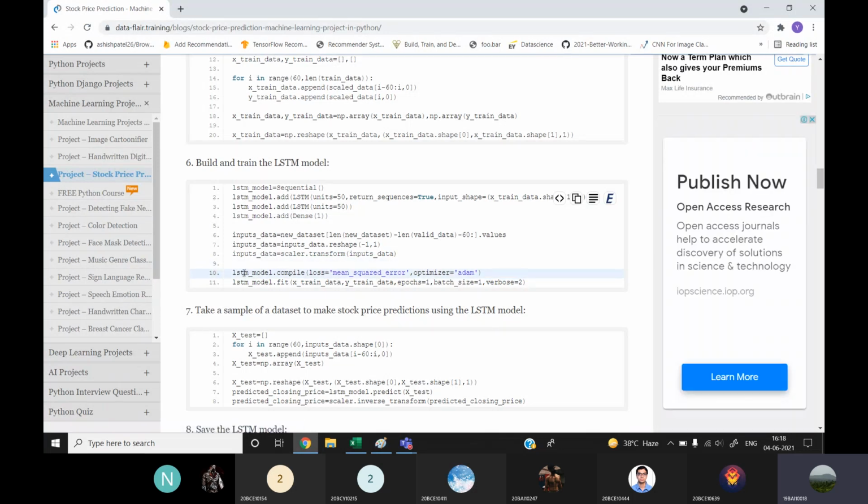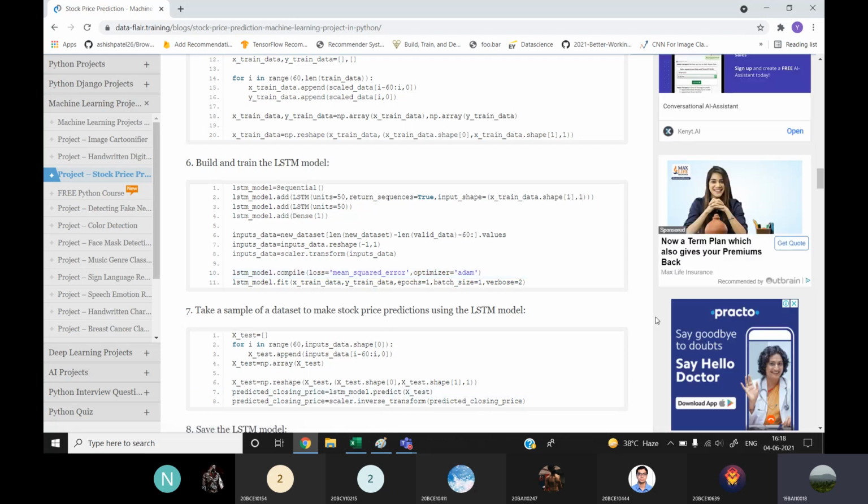For that, lstm model dot compile, loss is equal to mean squared error. Mean squared error is basically your prediction minus the actual value, whole square. That is a simple formula, and it is mostly used. So we'll simply use mean squared error, and the optimizer will be Adam. It is also a very common optimizer, and what it basically does is get the best values for your model so that it is able to have good accuracy.